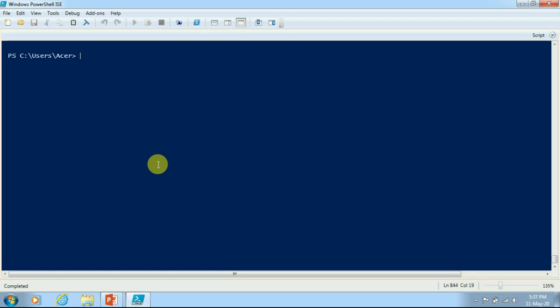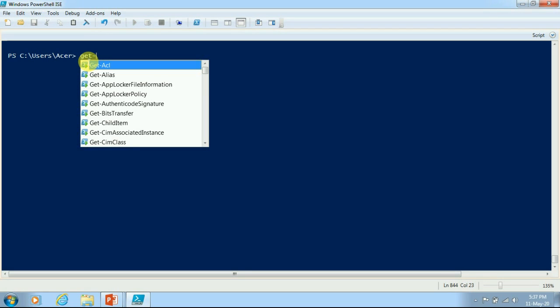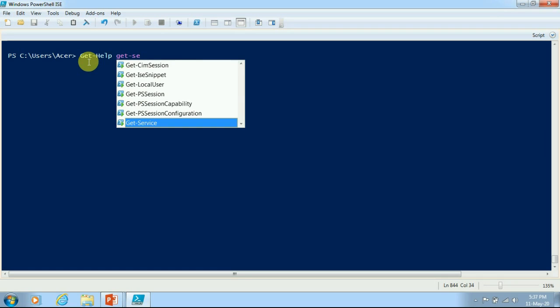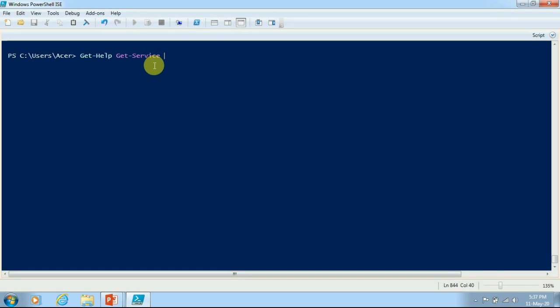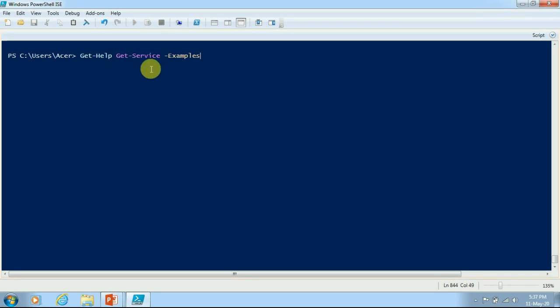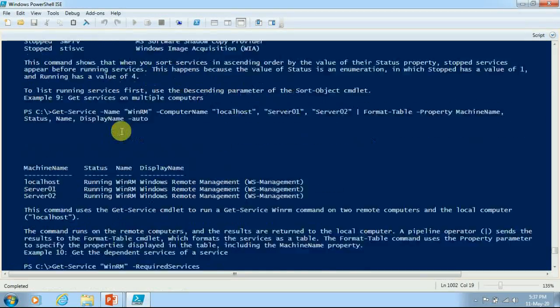After that we will be exploring some more examples. Say I want to fetch information about some particular part of the cmdlet. For example, if I am using Get-Help with the cmdlet Get-Service, and from this I want to fetch only the examples part, I will have to pass Examples here. In this case, I will not be getting more information about this cmdlet. It will only list out all the examples available with this one.